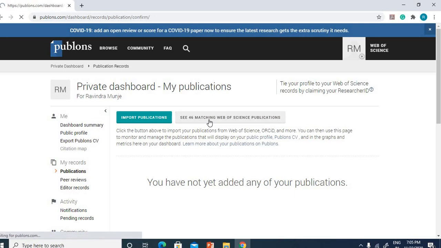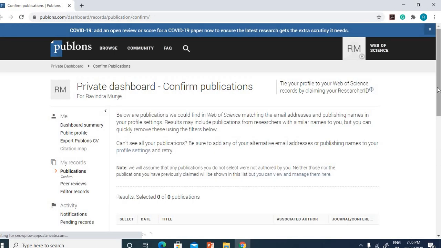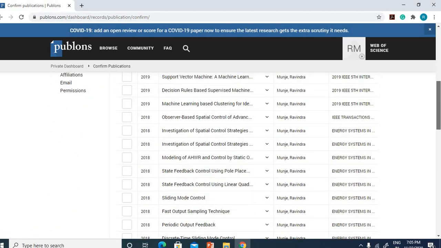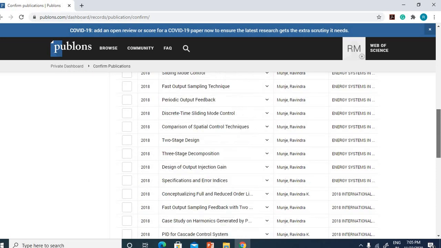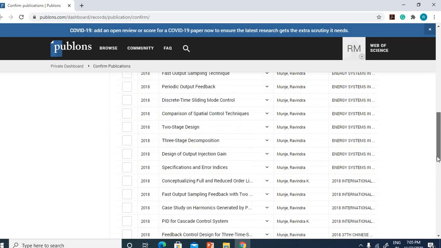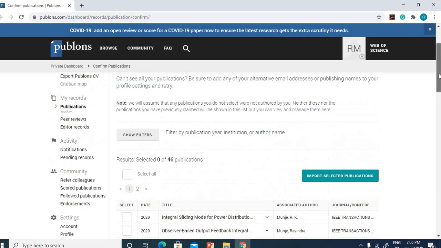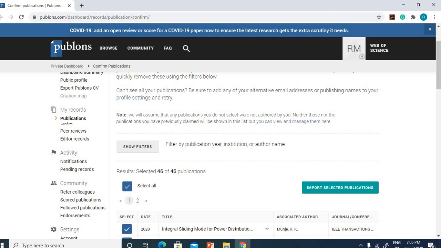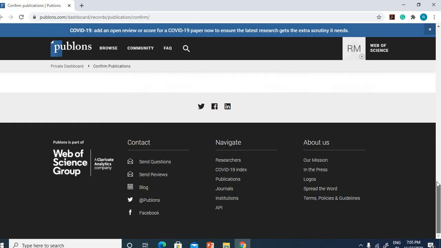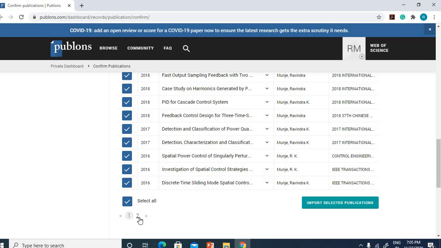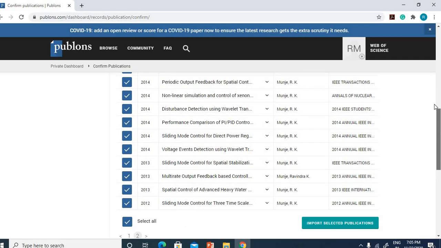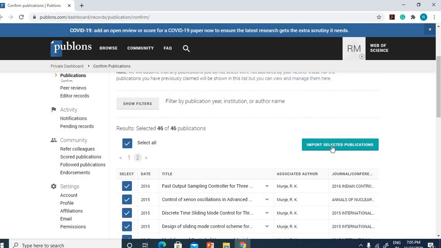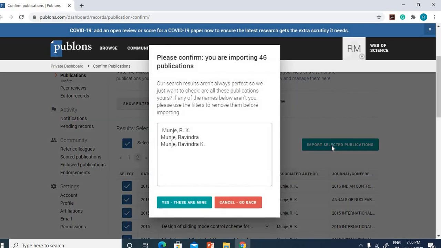If I click 46 matching, I can see these are the publications. If I click on select all, it will also select publications on the second page, then import selected publications.